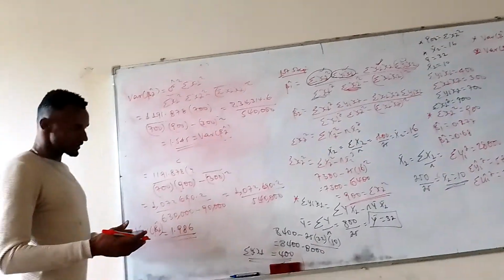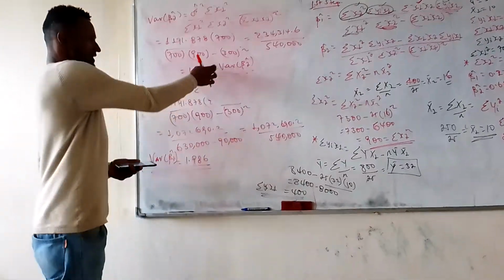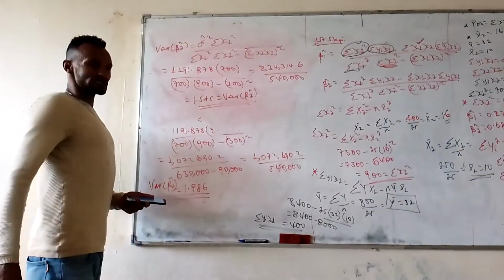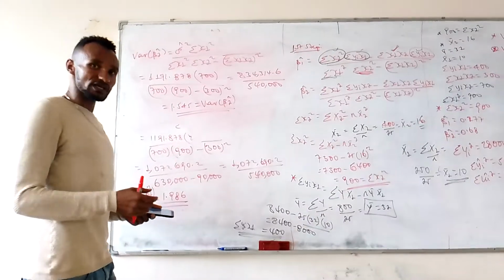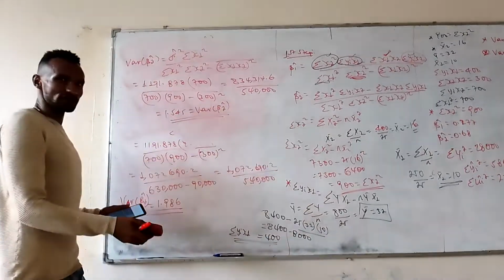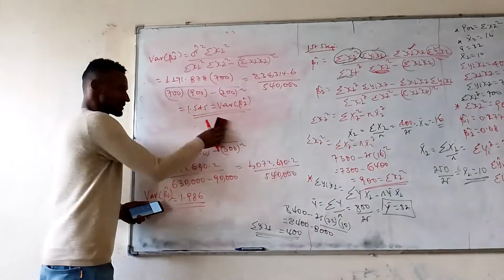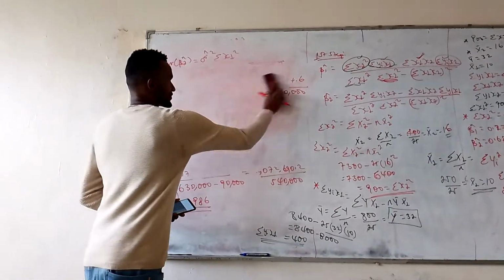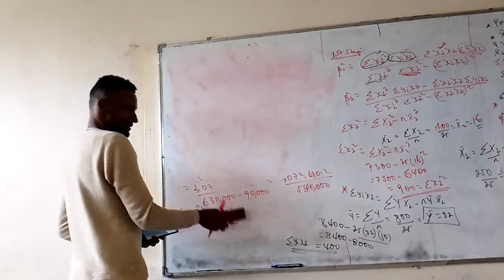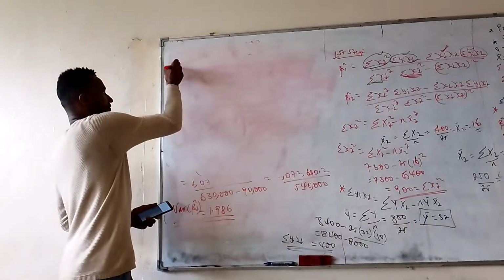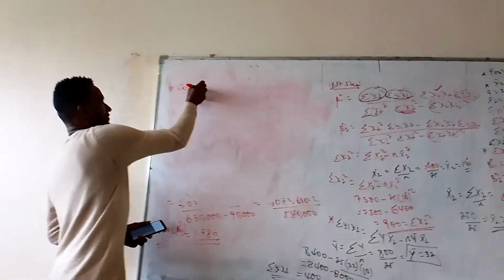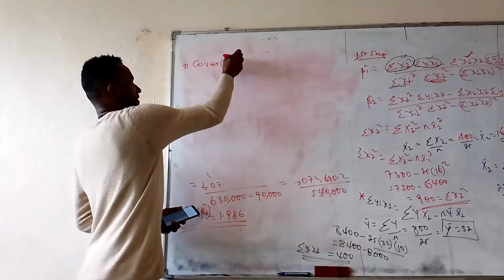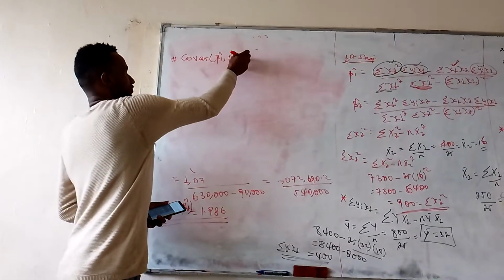Again, after we compute the variance of beta, let me compute the covariance of these two terms, the two parameters. The covariance of beta 1 and beta 2 has to be computed. So, the covariance of beta 1 and beta 2 is computed as